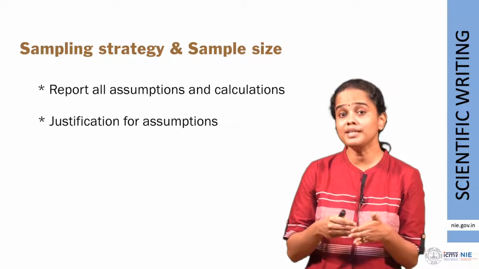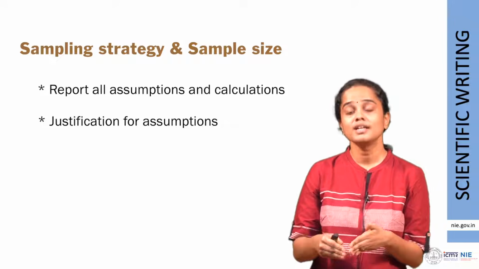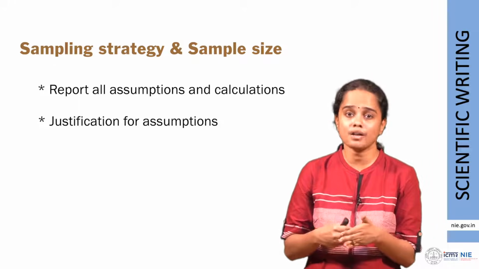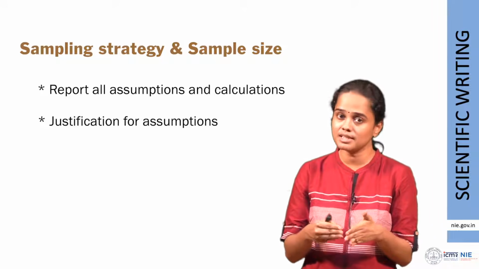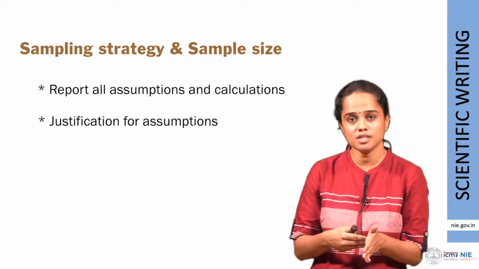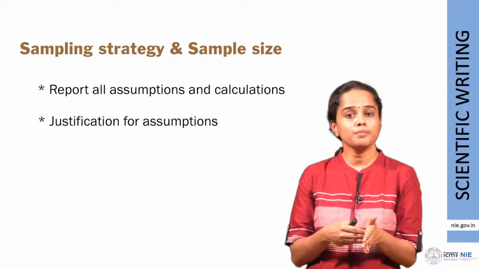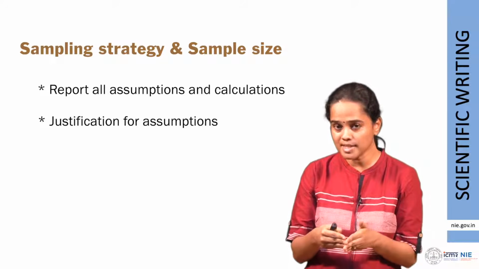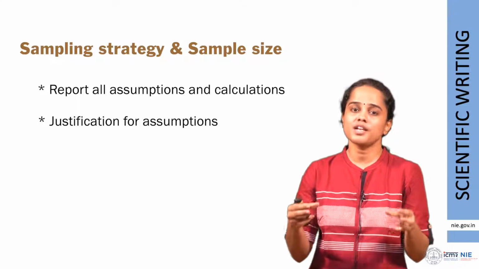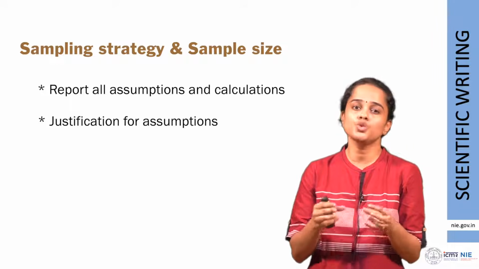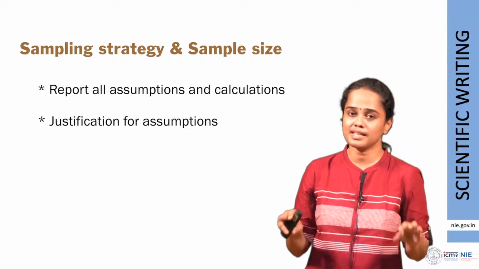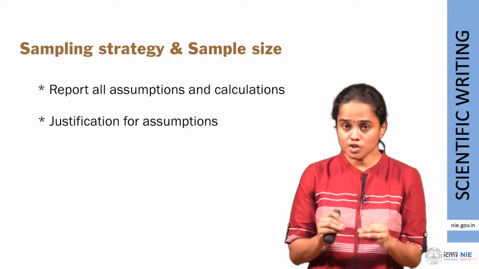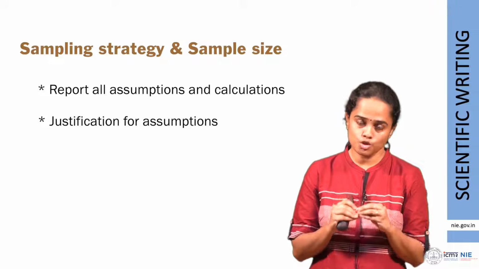Now, once the sampling strategy is defined, that plays a role in the sample size calculation. There are many parameters that go into the sample size calculation, including your study design itself, including the type of sampling that you have decided to use, and the parameters that you are trying to estimate, and the other different errors and precisions that you weave into your sample size calculation. Now, why is this important? Is it necessary to go into much detail? We always recommend that you do so.